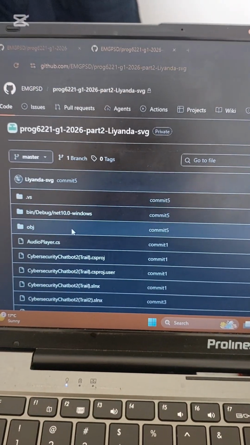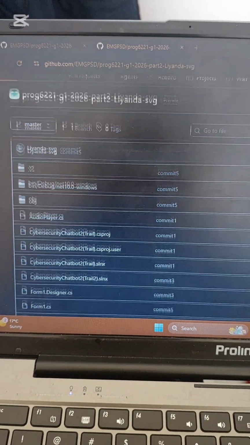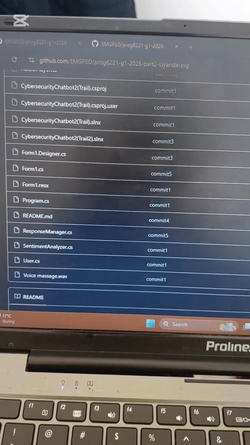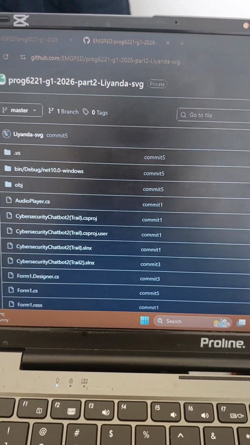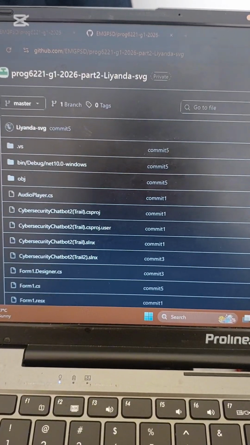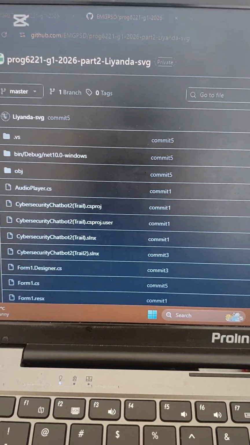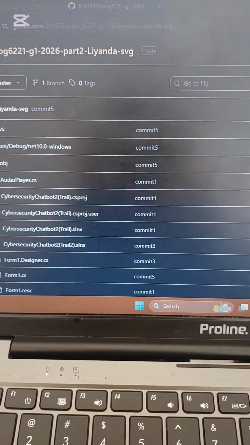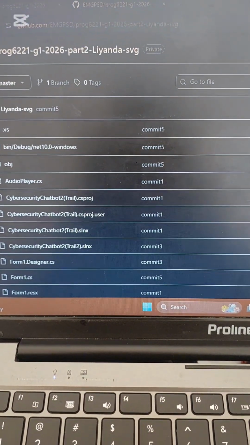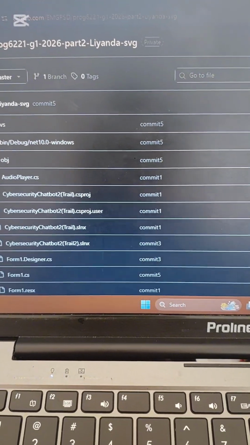Lastly, this is my GitHub, which shows how many commits I've done so far, how many edits or additions I've made to my previous code. As you can see, the maximum number of commits I've made is 6, but I just said 5 there for some reason, and that's the entire process of me completing my part 2 for my POE.